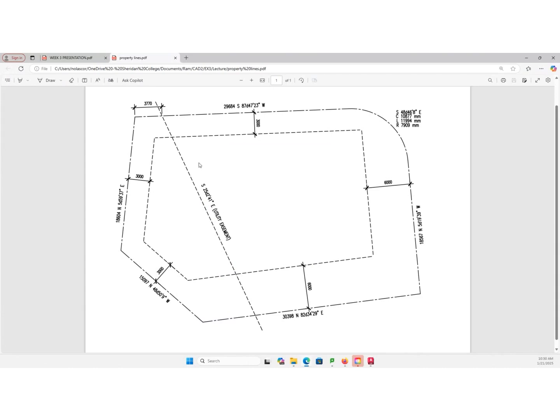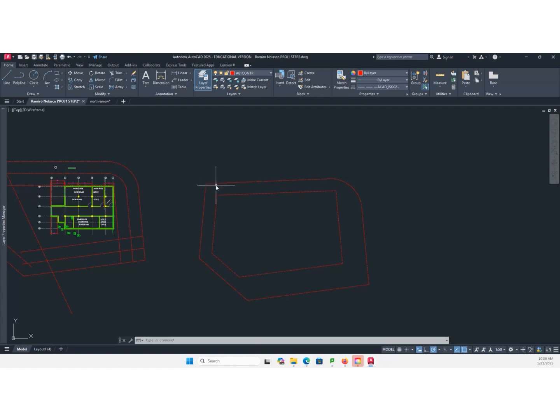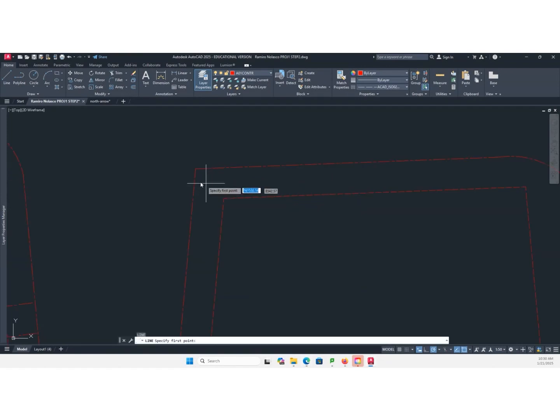Okay. Now we're going to add this. This is the utility easement. You cannot build here. Otherwise, you're going to hit the utility line. So I'm going to create a line.